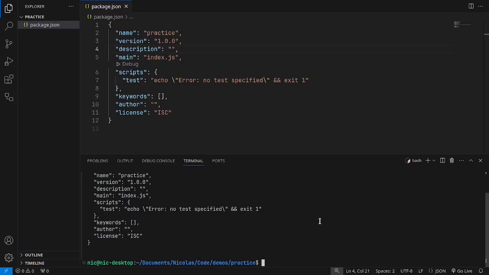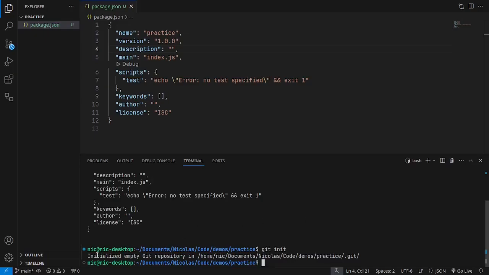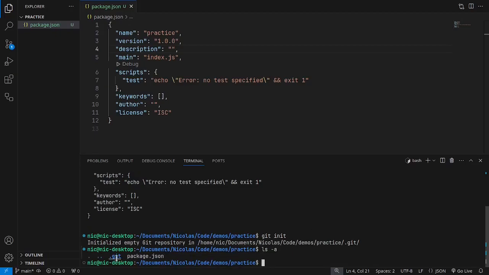Before writing any code, I also recommend starting a Git repository in the same directory with git init. You can see it initialized an empty Git repository here. And if I do ls -a to show all, you can see it created a hidden directory .git. Also in Visual Studio Code, you can see the package.json is now green with a U that shows that it's